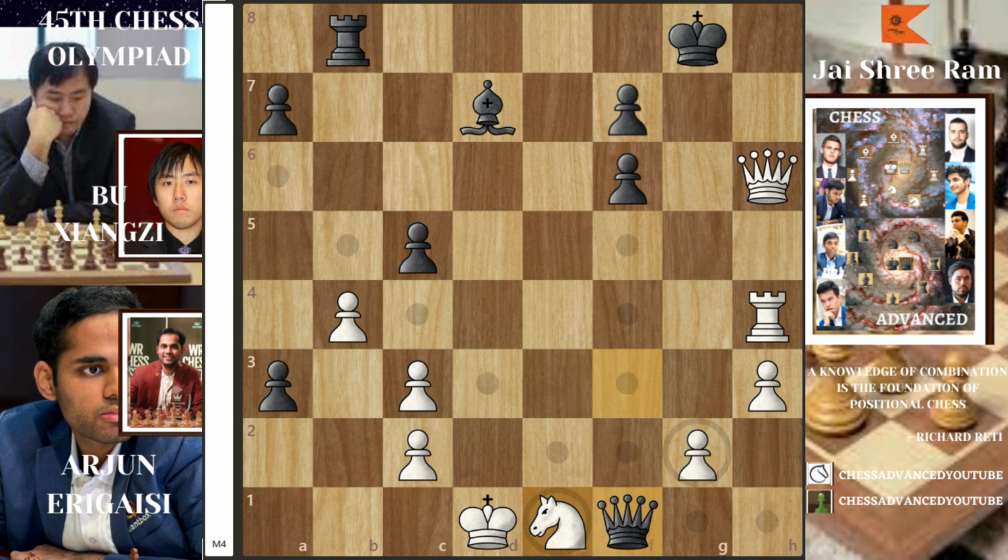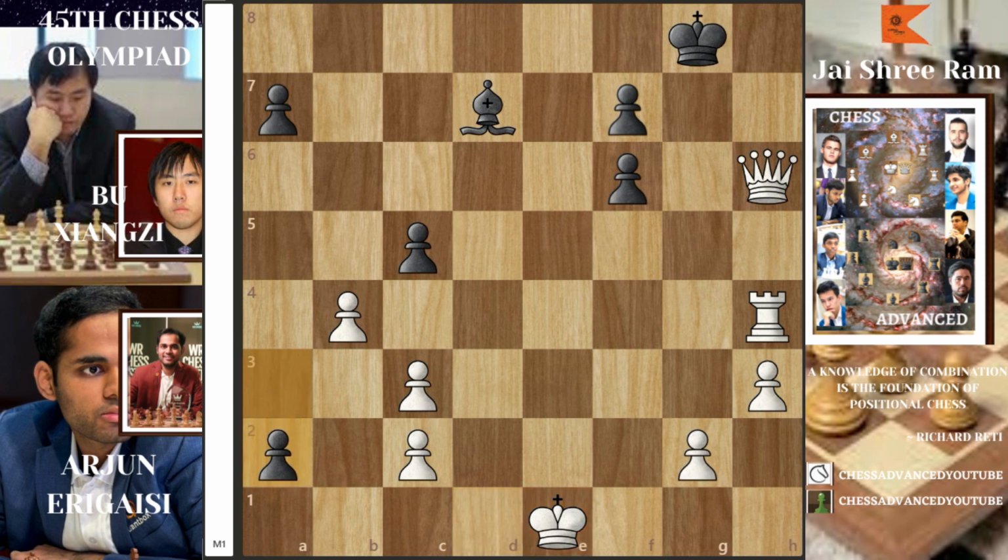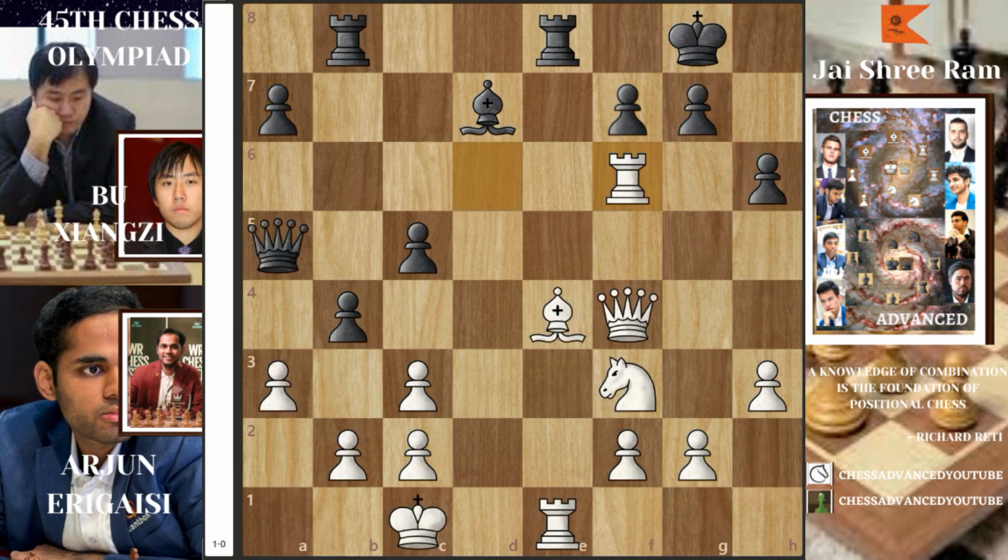You can see the engine evaluation. Queen captures on e1 is the only move, and after king captures, rook to e8 is the only move. King moves, and now you're going to have to sacrifice another rook, and once you capture that, here in this position, just a2, trying to do something, but here just queen captures, queen here is just checkmate. So all of that was in the position, but after rook captures on f6,